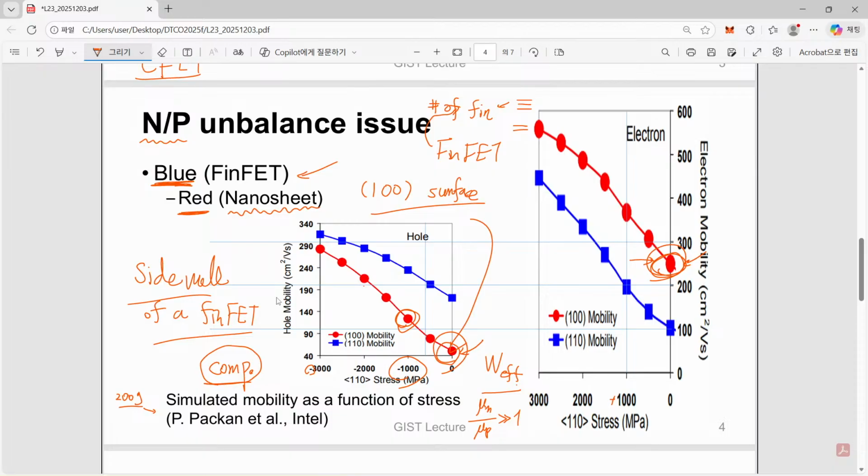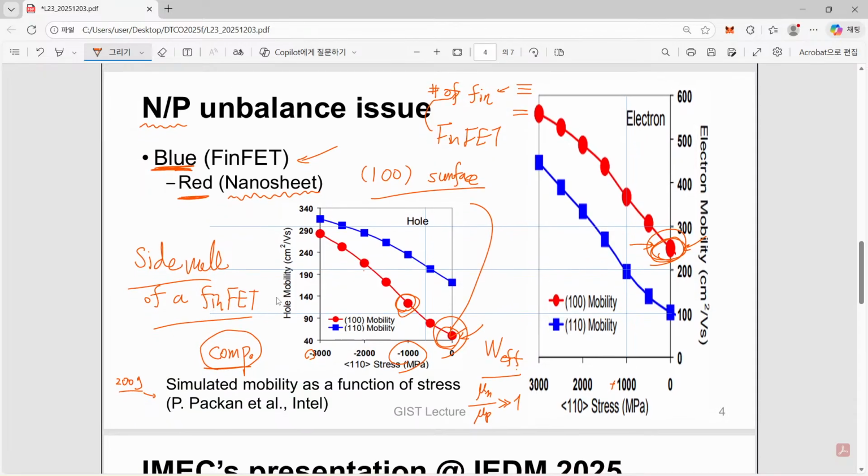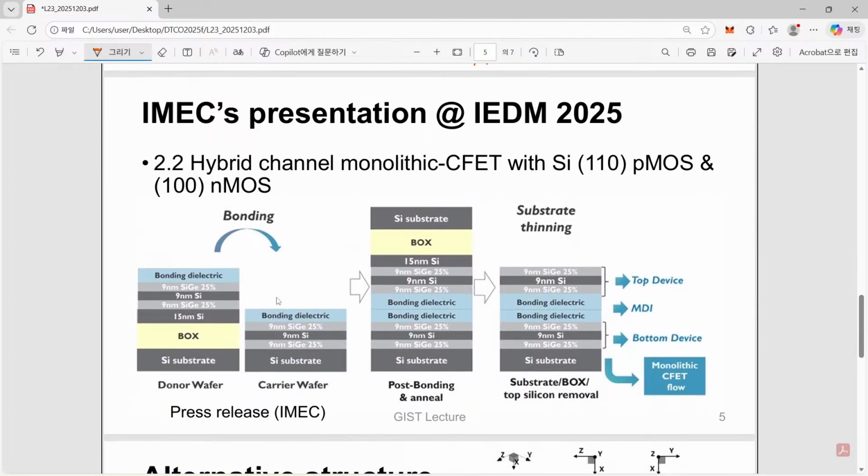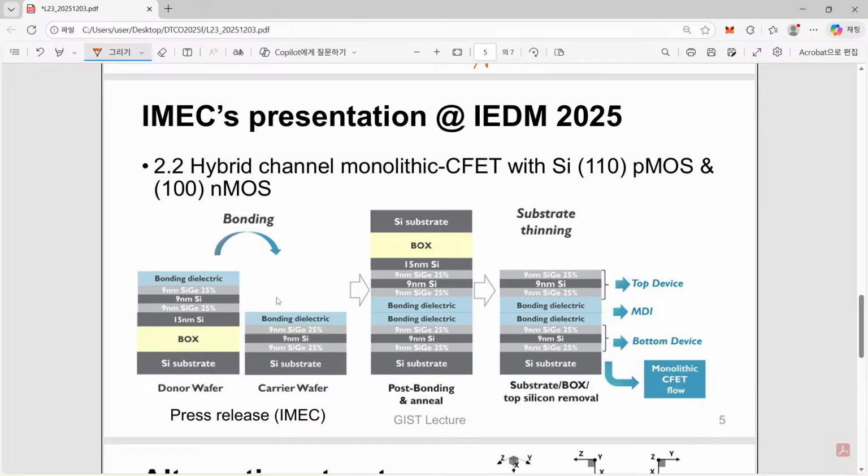So you know, Samsung and TSMC already announced their successful technology development for this nanosheet technology. However, it does not show that they completely solved that problem, and that will also make a big problem even when we come to this CFET era. So that's the reason why in this IDM 2025, so maybe next